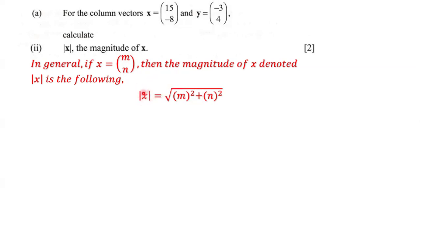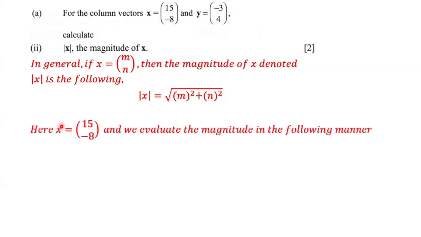If you want to figure out the magnitude of a column vector, all you need to do is take the first component and square it, take the second component and square it, add those two, right? And then you take that sum and take the square root of that sum. And that's basically the formula for finding the magnitude of a column vector that has two entries. And so we're going to do that. So here we know that x is equal to 15 and negative 8. And so we evaluate the magnitude of this vector in the following way. So the magnitude of vector x